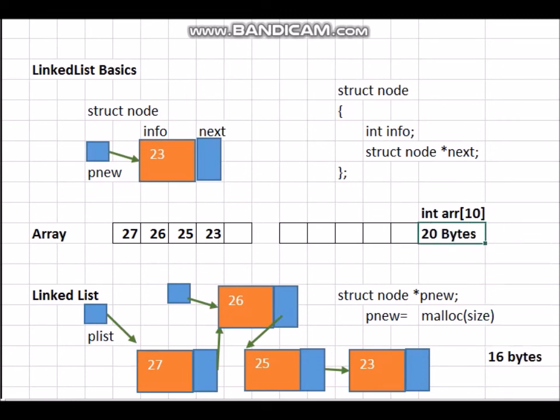But after a certain threshold, it becomes too much. For instance, in case we had 10 nodes of an array, the size would have still been 20 bytes. But when there are 10 nodes in the linked list, we would have had 20 plus 20, 40 bytes. So in the case the size is the same, obviously the linked list will be bigger, because every time it has to keep an additional pointer variable along with the info variable. So it has to keep more memory. So there are some comparative advantages of linked list, and there are some advantages for arrays also.